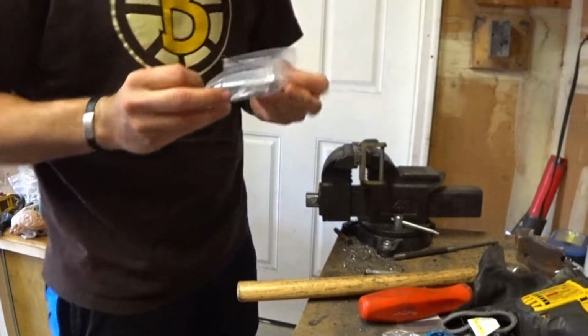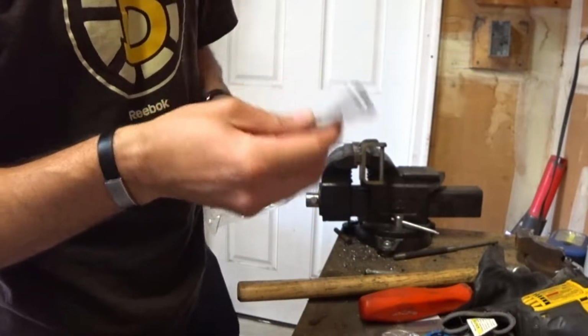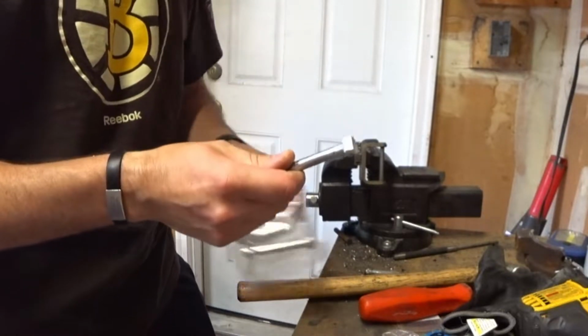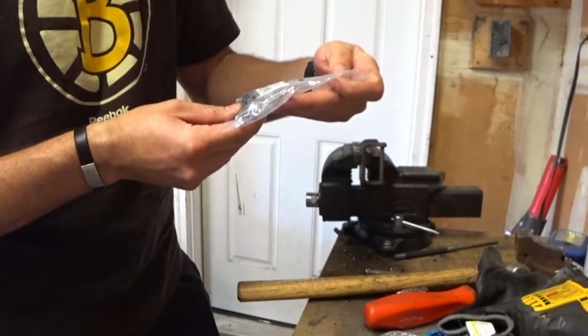So I wanted to try to use these pins, and they work. I think these would be a great permanent solution. When I say permanent, it makes it so you can still remove them, but if you're going to go through the winter, these are good because they have a head. You just have to grind them down and hammer them to home, and they work pretty well. And these are 2 3/4 inch